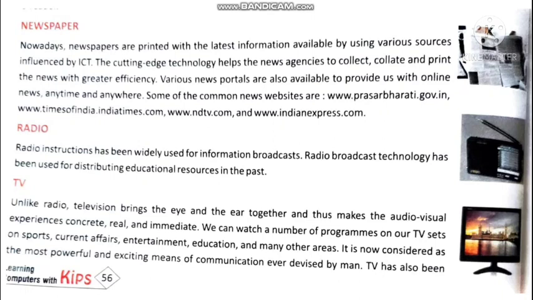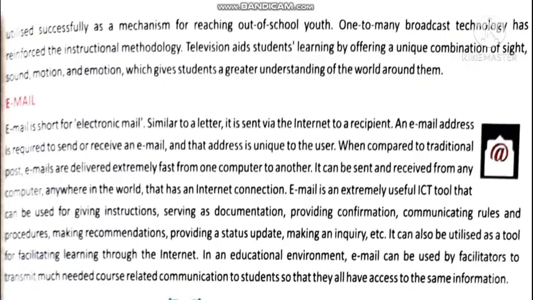Okay, unlike radio, television brings the eye and ear together. There you only had to listen. Here both the things are there, and thus it makes the audio visual experiences concrete, real, and immediate. You might have noticed in reality shows, they say one AV is available. What is that? Audio visual. We can watch a number of programs on our TV sets on sports, current affairs, entertainment, education, and many other areas. Okay, next is